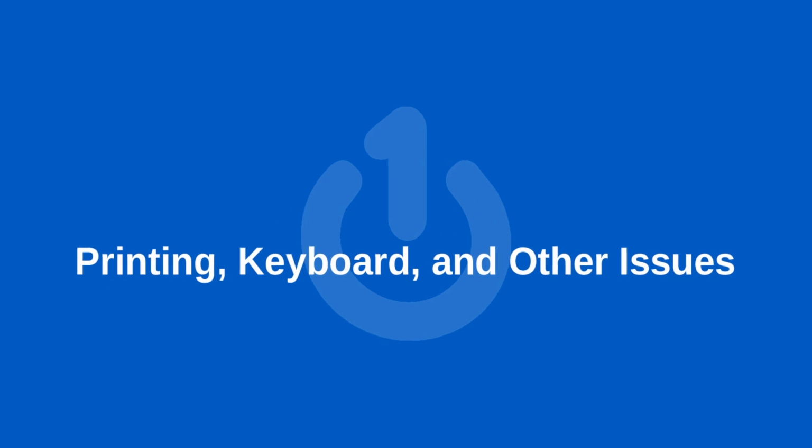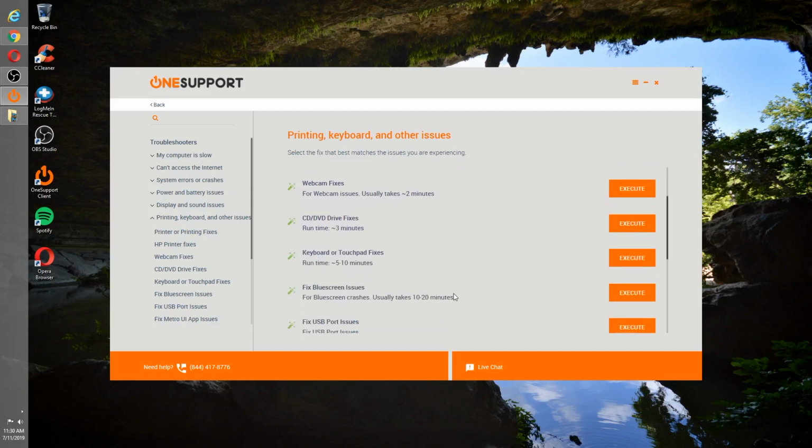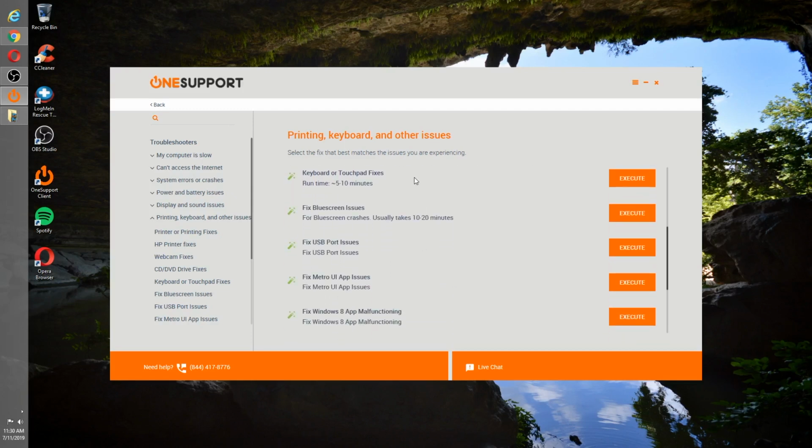Alright, so now let's take a look at printing, keyboard, and other issues. Here we have common printer issue fixes. Right below that we have common HP printer fixes. Below that we have webcam fixes. Right below that, issues for your CD and DVD drive, keyboard or touchpad fixes, blue screen issues, issues with your USB ports,